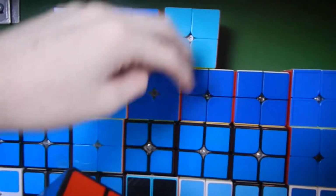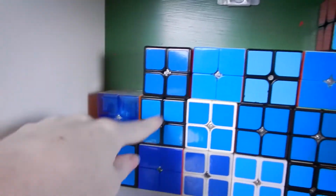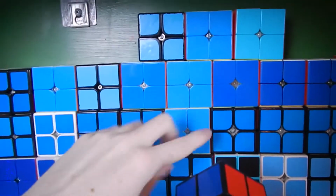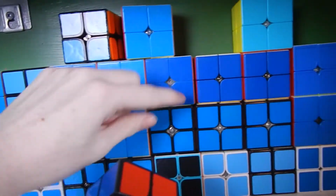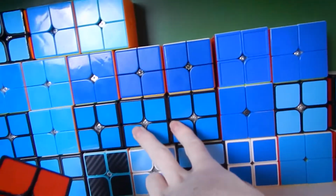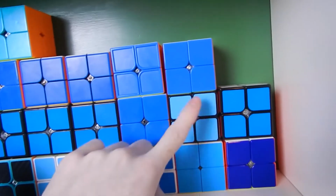This is the Chi 2x2, two of the Gan 2x2 V1s, a couple of the newer Cyclone Boys 2x2s, transparent Moyu Lingpo, regular Moyu Lingpo, two Moyu Guanpos, two more Cubing Classroom 2x2s. This is a Moyu, one of their version 2s of a budget one. More Cubing Classroom 2x2s. Old Chi 2x2, budget